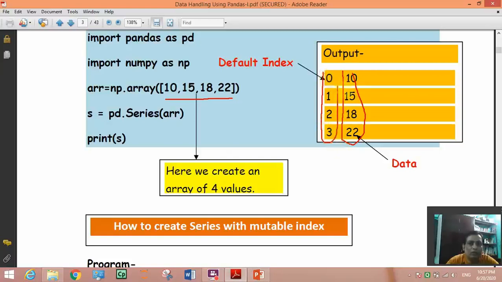It is not created by us, it is created by the Python pandas module. Like this we can create another series also. It is a series of numbers. We can create a series of characters also.